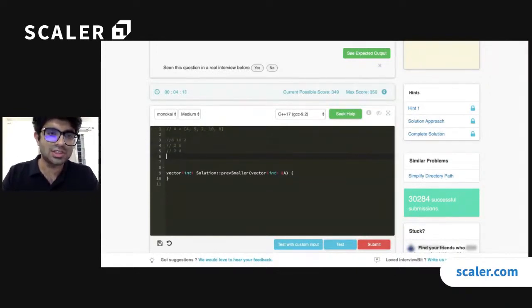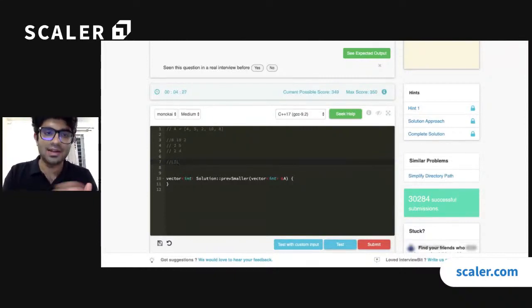That data structure should be one where I can add an element at the end and also remove the element which I just added at the end. So it should be last in, first out. And we know that stack is the data structure which provides that. So I can use a stack here and solve it that way.